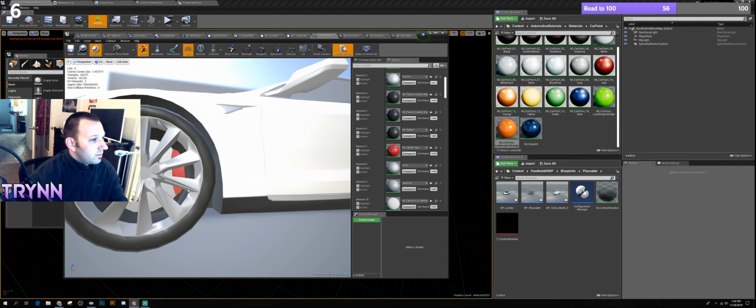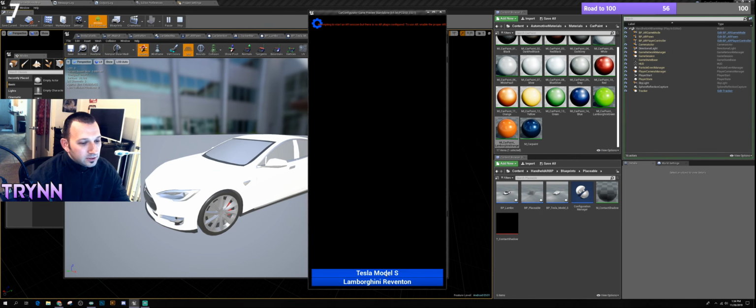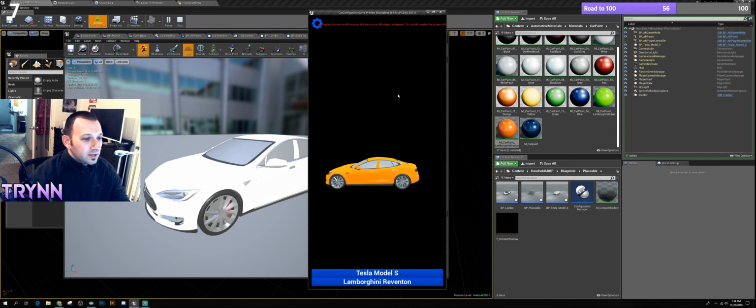So I'm going to try to go back through and connect all those, but let's go ahead and just see the Tesla. So we've got the Tesla, and that one still works good. So I am going to, this is what I like to do in testing. So I like to test with